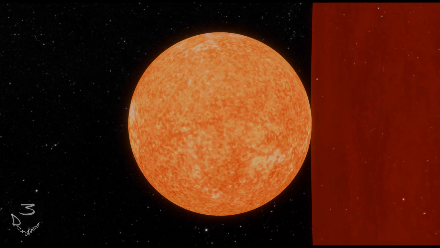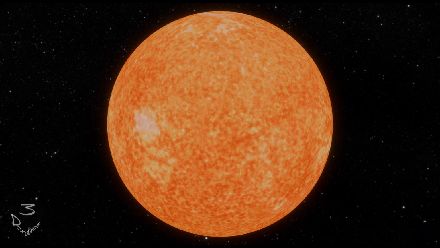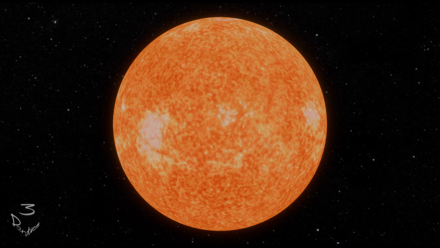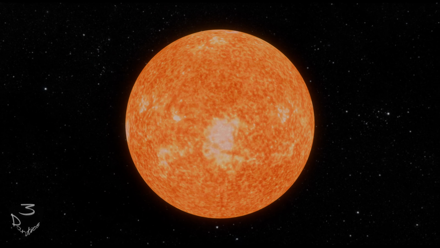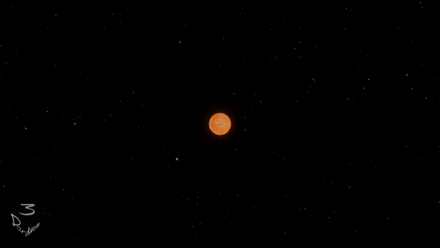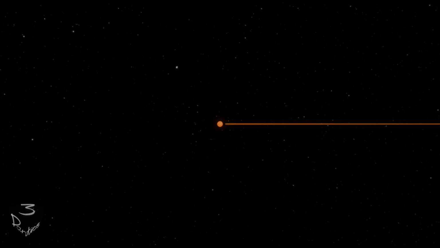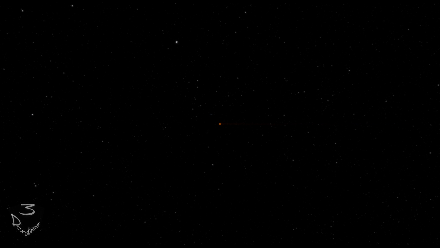Just like the planets and moons, the Sun has a rotation and an orbit. It revolves around the centre of our galaxy, the Milky Way, which in the middle has a supermassive black hole. It's about 4 million times heavier than our Sun and 26,600 light years away. Our entire solar system is speeding around its orbit at 250 kilometers every second, but still takes more than 200 million years to go around.